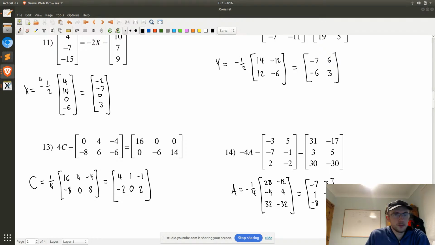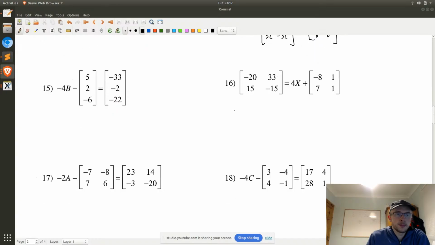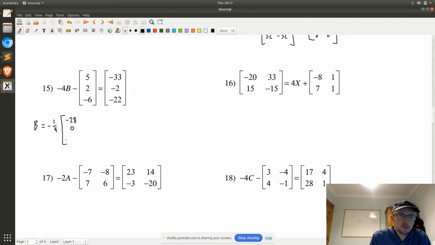Next. All right. So B is negative a quarter of that column matrix on the left added to that column matrix there on the right. So just add them together, and quarter them and negate them. There. Okay, X is